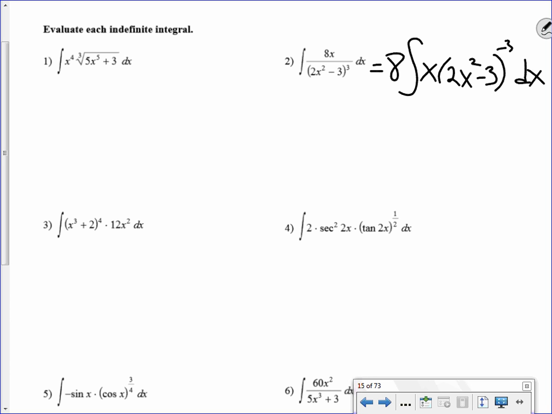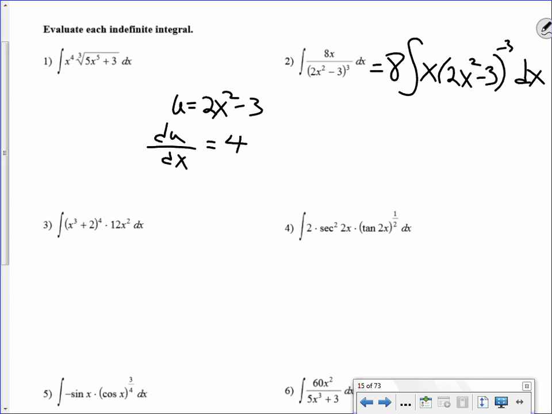When you're trying to use the power rule, you've got to bring it up. Power rule is only in the numerator. Your first thing you got to do is decide who gets to play the role of u today. What is your inside function? 2x squared minus 3. So I'm going to write u equals 2x squared minus 3. Now, I can't integrate any function of u unless I have du. So take the derivative of u, so du dx equals